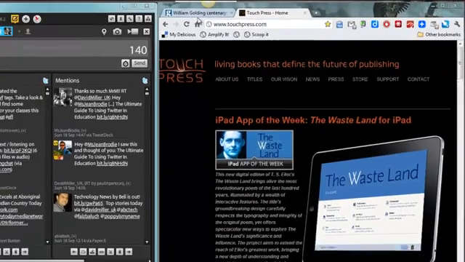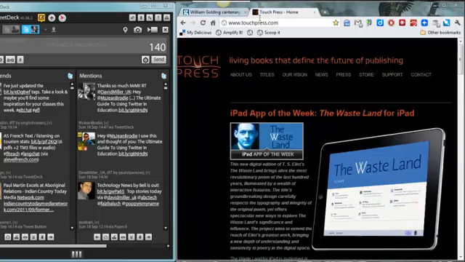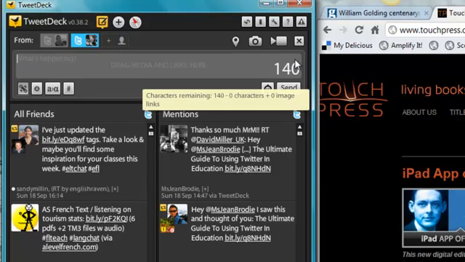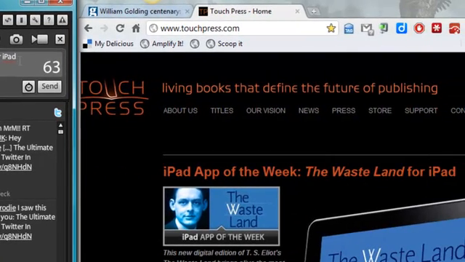And also the article that she discovered earlier, Lord of the Flies, Can You Judge a Book by Its Cover? So she's going to put both of these into the content of a tweet. So she goes to her update field and keys in her message. 2 interesting things I discovered on Twitter. She goes to the first web page and she wants to